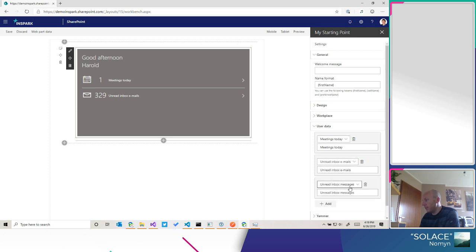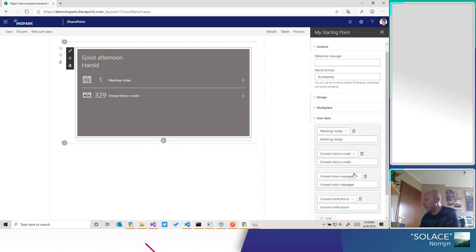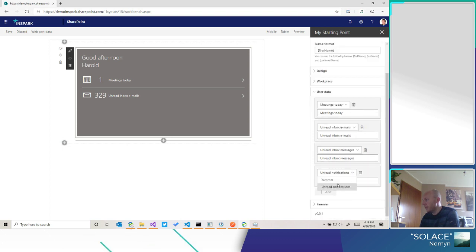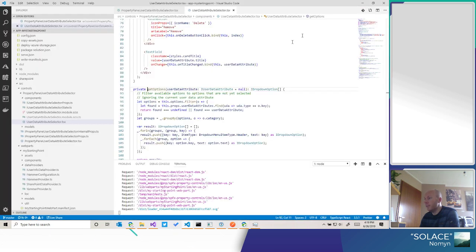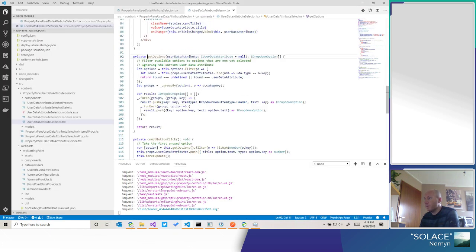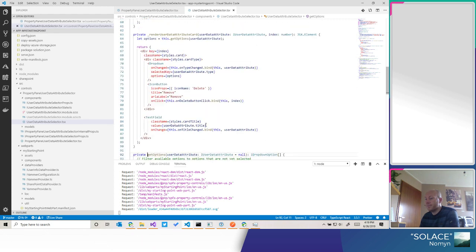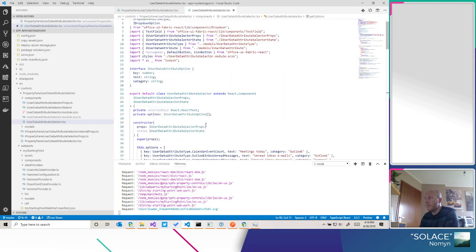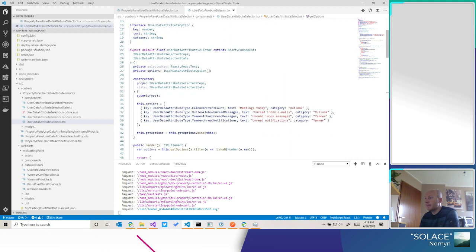So if I add another one, the list will get smaller and smaller, and eventually we have none left. So that's basically what that function does, with some fancy stuff. But basically it gets down to